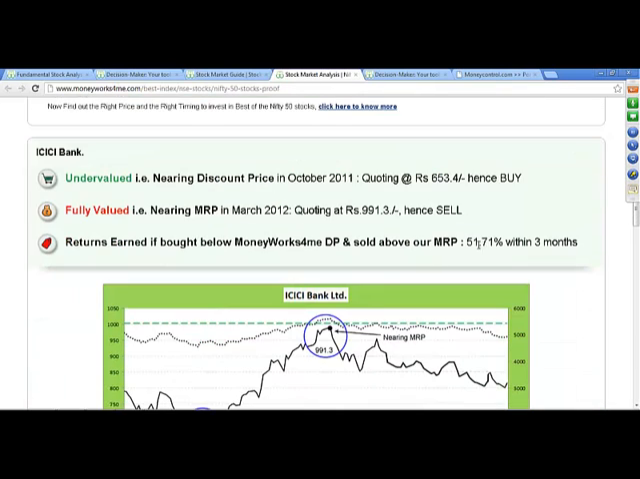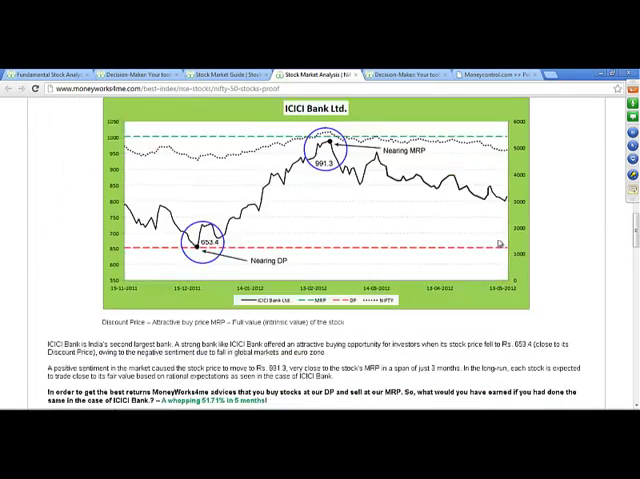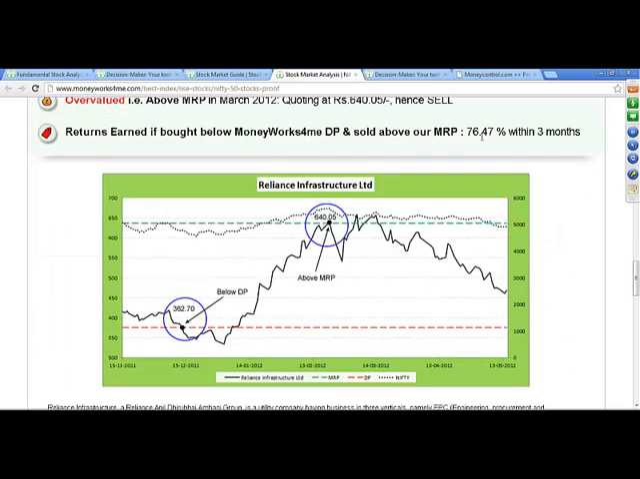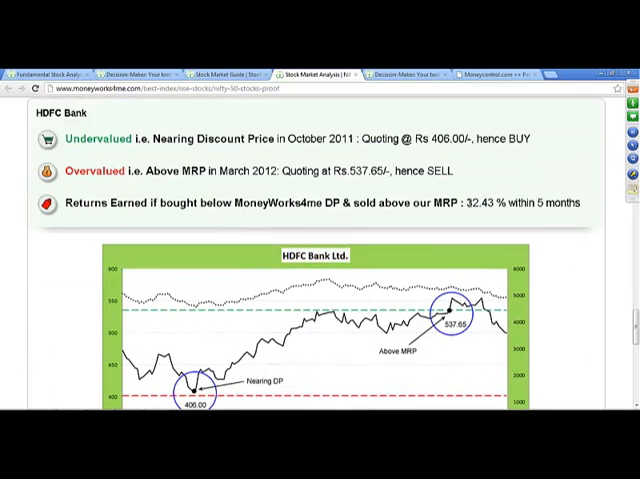Similarly, ICICI Bank gave you returns of close to 52% within 3 months. Then Reliance Infrastructure gave you 77% returns within 3 months, whereas HDFC Bank, another very safe company, gave you 33% returns within 5 months. So all these opportunities were always there, but as I said in the beginning, we tend to just overlook